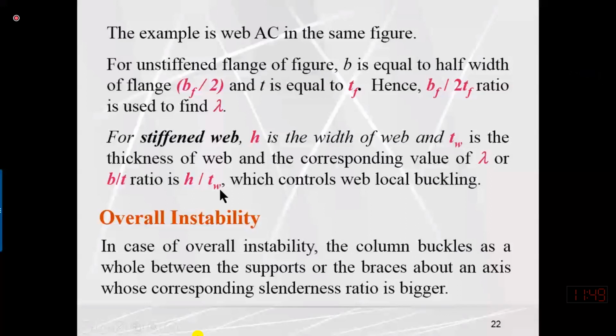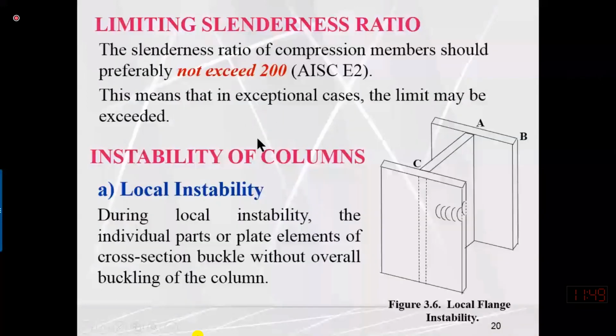Height of the web is between A and C. Total depth is equal to the distance from the outer face of the top flange to the outer face of the bottom flange. So height of the web is equal to D minus 2 times thickness of flange. So we need to subtract thickness of the flange from one side and thickness of the flange from the other side. So height of the web is the distance from the inner face of the top flange to the inner face of the bottom flange.